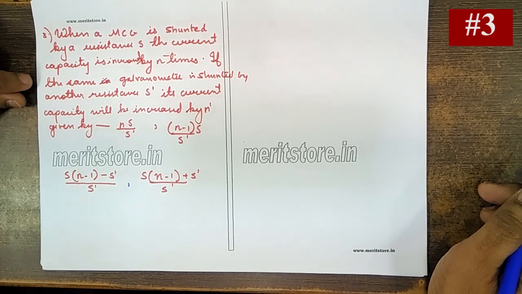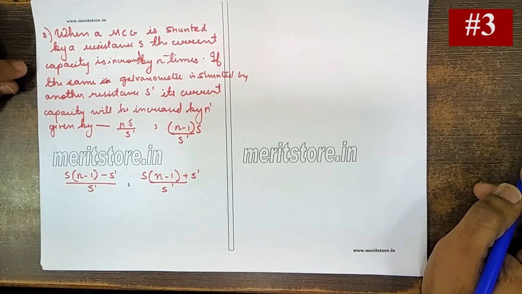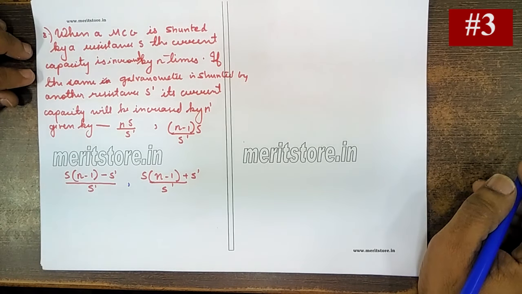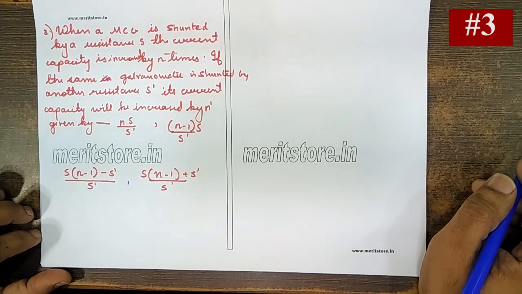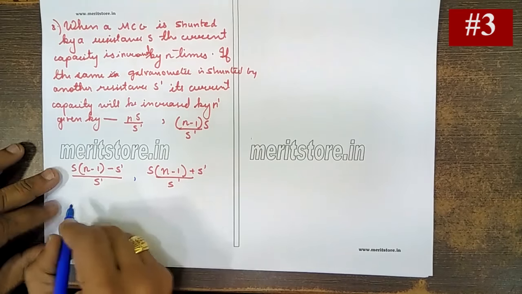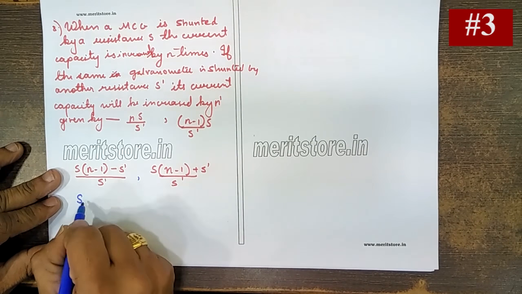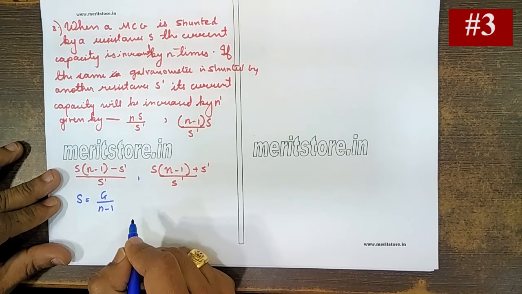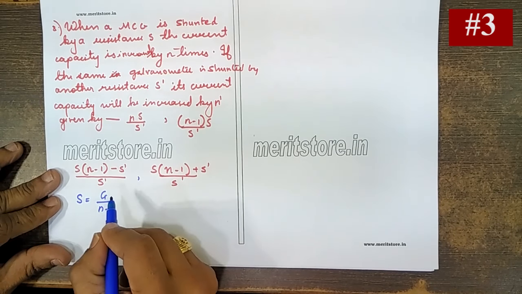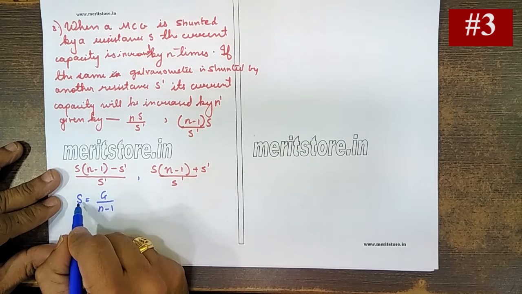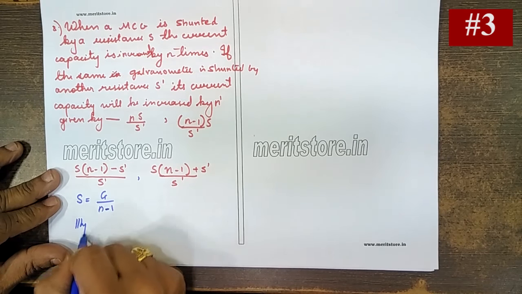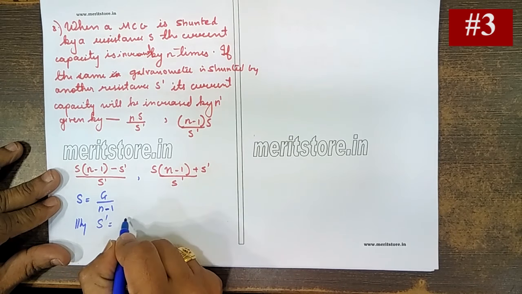A moving coil galvanometer shunted by a resistance S, the current capacity is increased n times. If the same galvanometer is shunted by another resistance S dash, the current capacity will be increased by n dash, which is given by dash. Now, our general formula for shunt is S is equal to G upon (n minus 1). This is the shortcut formula for the shunt resistance. Now here they have said when the galvanometer is shunted by S, the current increases n times. So S is G upon (n minus 1). Similarly, when it is shunted by S dash, the same galvanometer G,